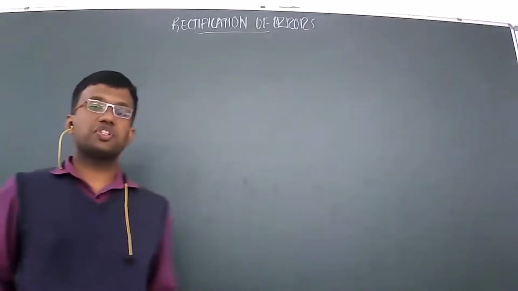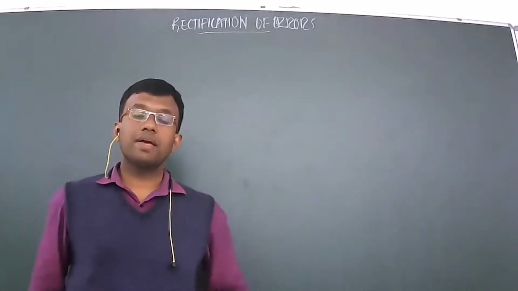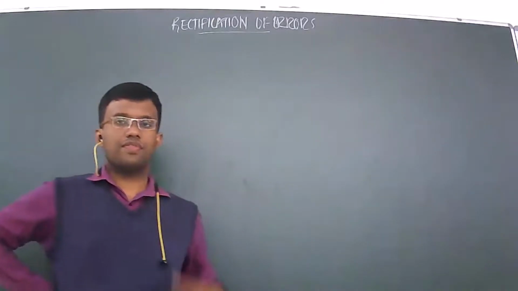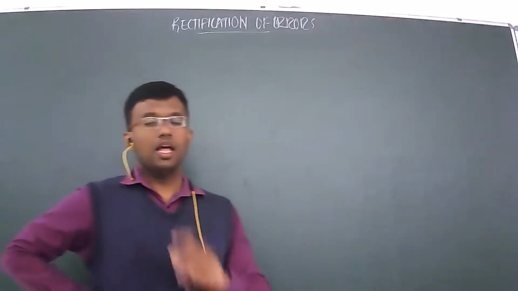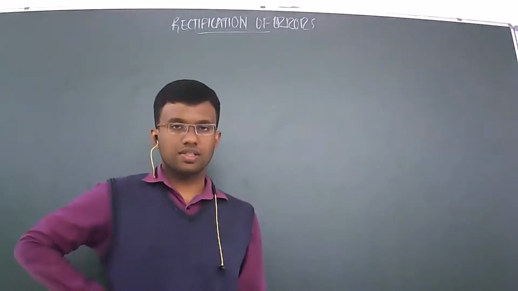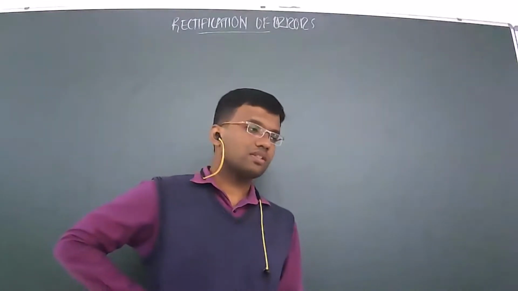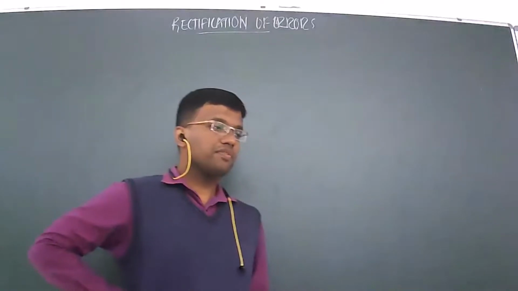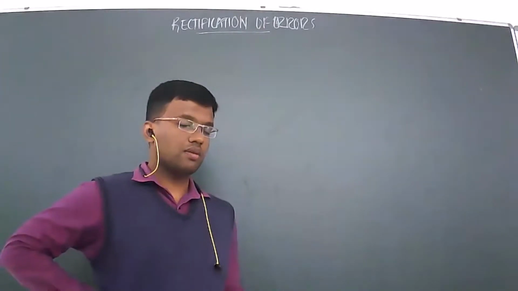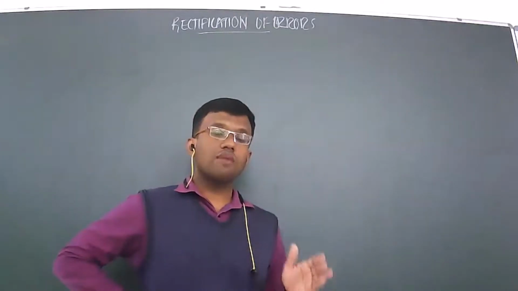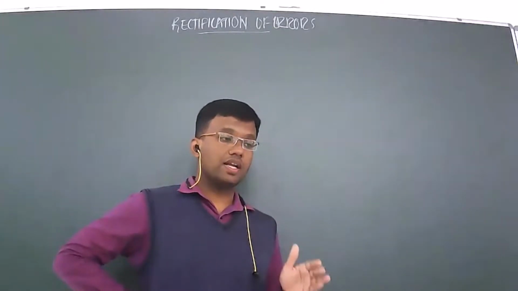So in this session, we will be focusing on some examples regarding rectification of errors, and as a part of the session, I'll be discussing four scenarios or four examples with all of you. So now let's look at the first example. The first example that we have decided to share, the error goes like this: a sum of rupees 500